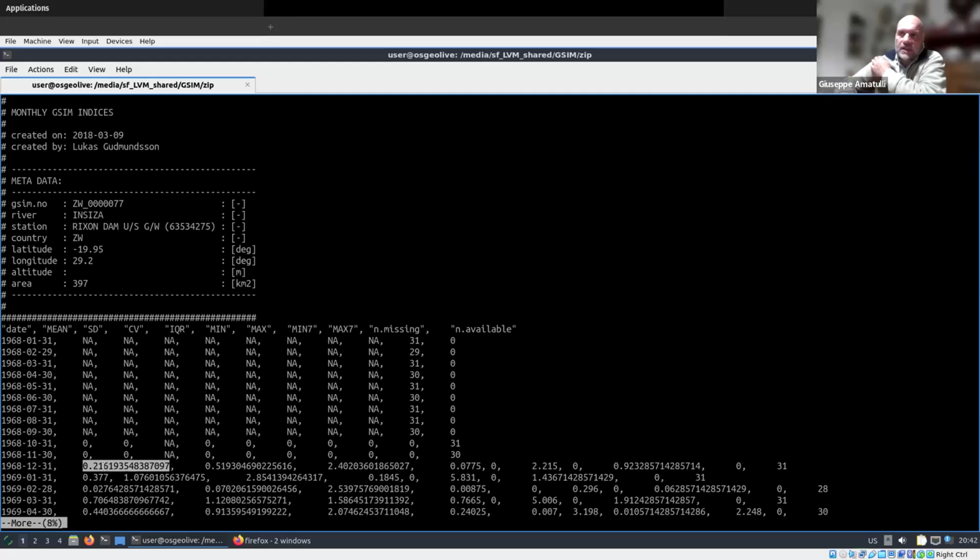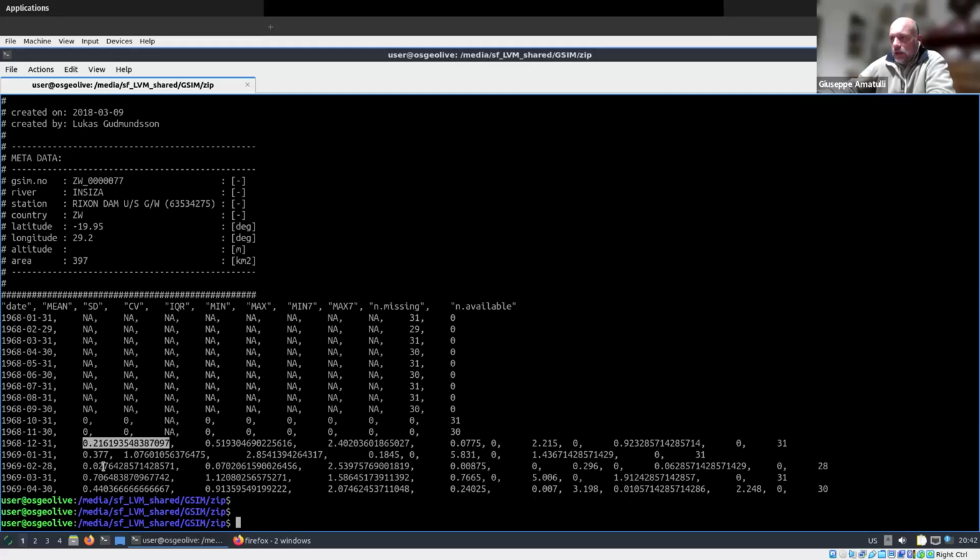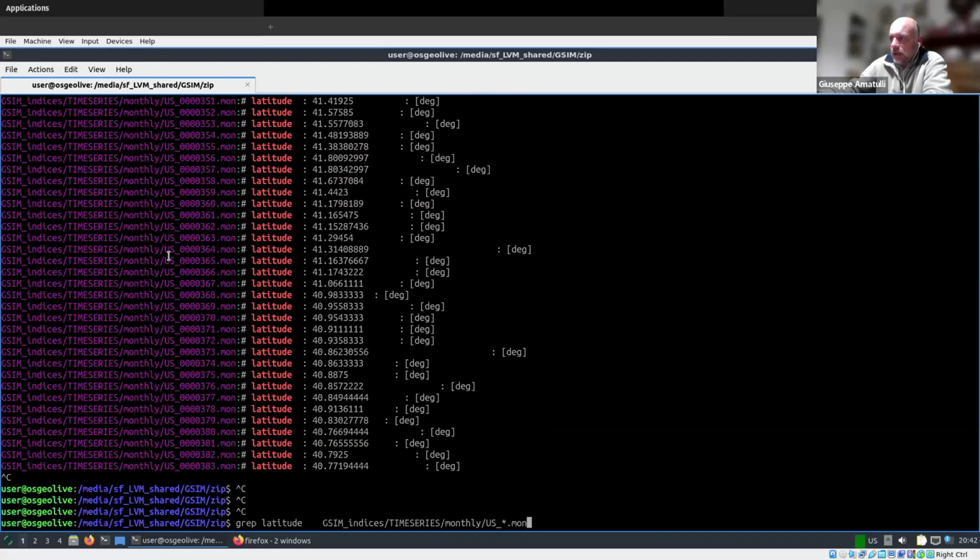So when you have this kind of data set, you want to say, okay, let's see where they are, the lat long, for example, of all these files. So what I can do, I can immediately grep latitude of all my files. I do only US just to have something faster. So it's grepping latitude,